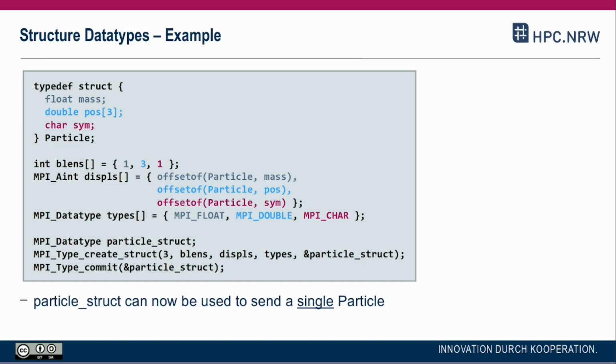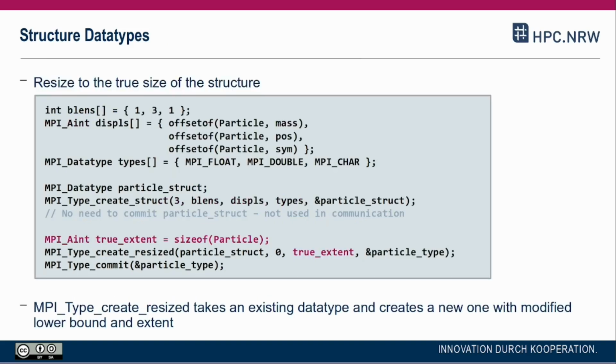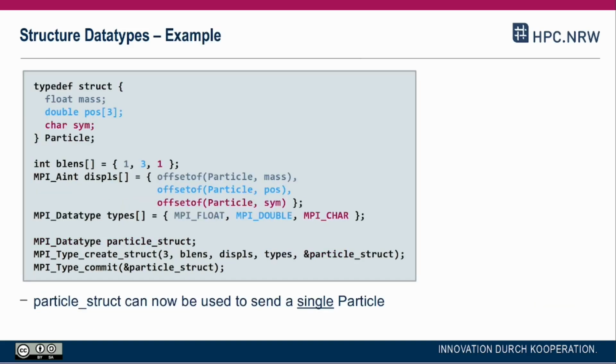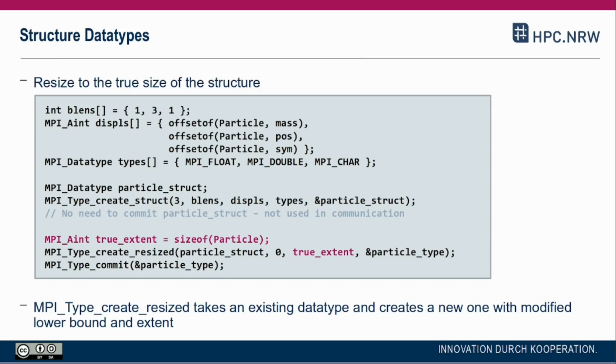But now, what we actually need to do is we have this awkward problem of the particle and the mass not actually having a good alignment, and this is where you need to help MPI to do the right thing. So in order to send multiple particles, you kind of need to make sure that you fix the data type extent